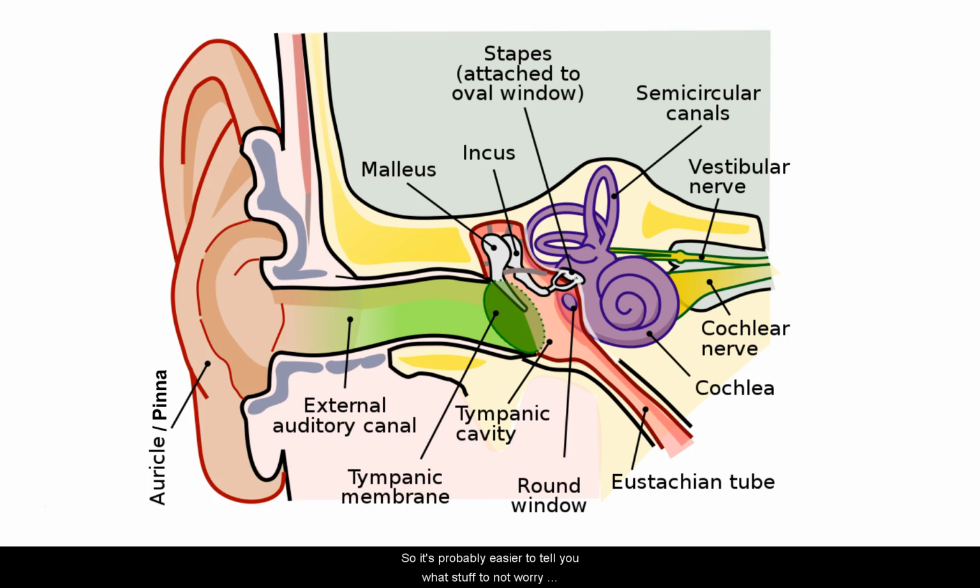So it's probably easier to tell you what stuff to not worry about on this diagram. Don't worry about this vestibular nerve. We may touch on it later, but for right now, don't worry about that. I just want you to know for now this process and the order in which sound waves are traveling in order for you to actually be able to hear them. And it's not too bad. You can go from left to right almost, as long as you skip a few things like the round window,